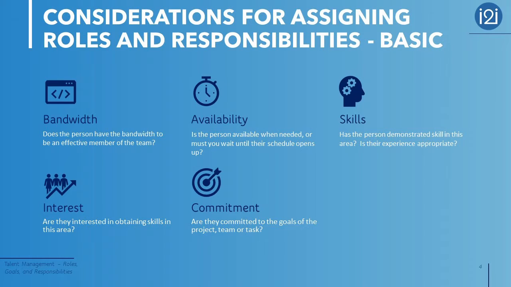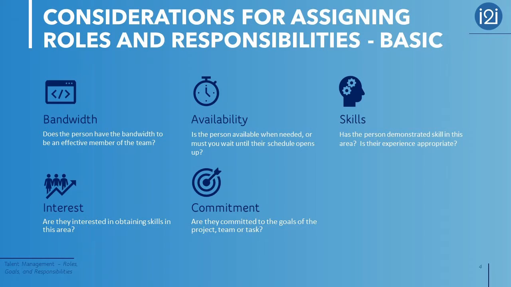I is for interest. Skills and abilities are important, but individual interests should also be taken into consideration. Just because someone might have experience in one industry or with a specific product or service doesn't mean that they aren't interested in expanding their horizons when assigning roles and responsibilities. Think outside the parameters and expectations that you mark people with and give them a chance to develop their skills in different areas. C is for commitment.